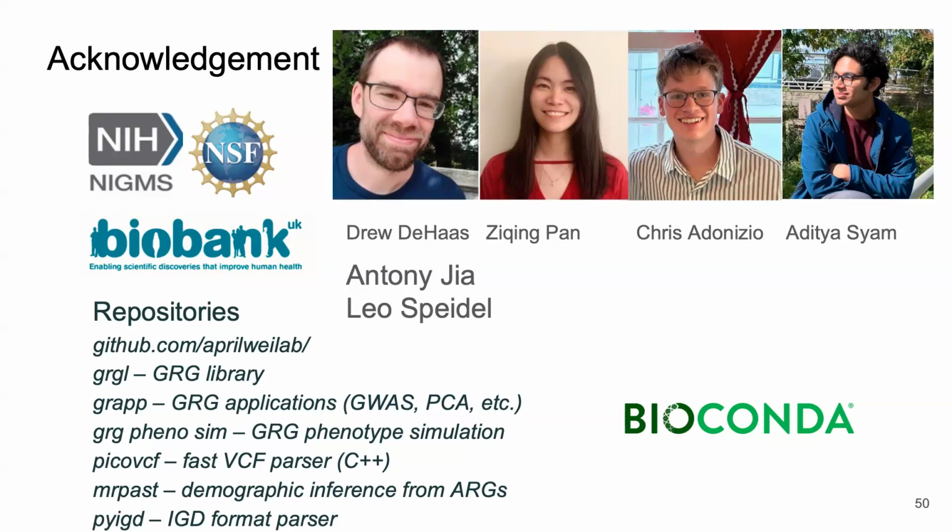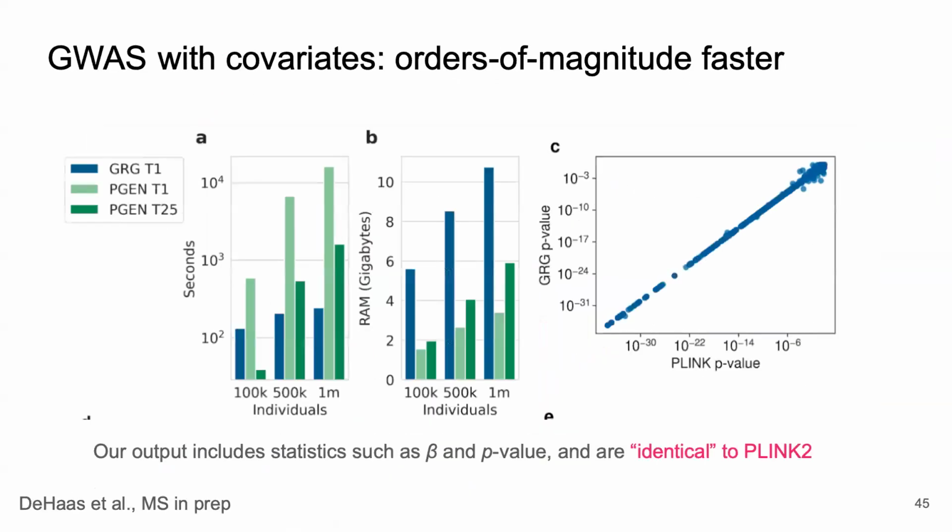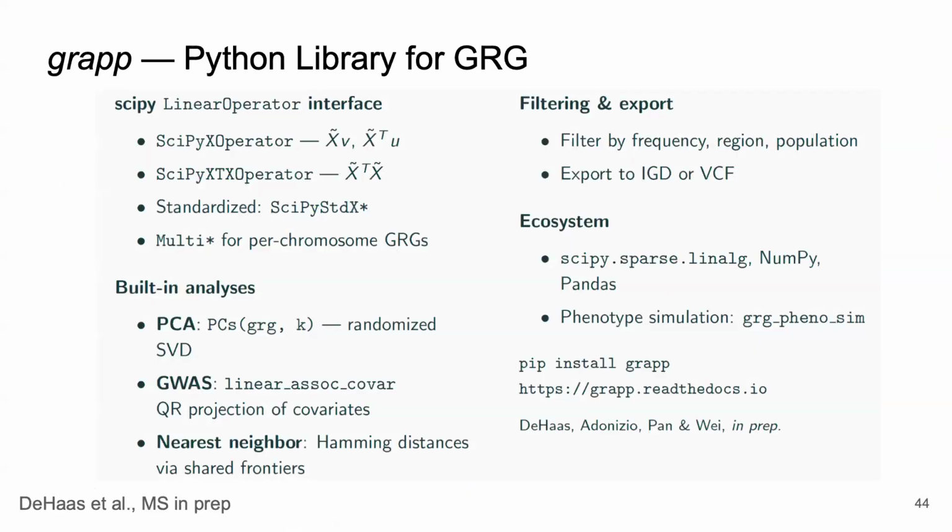One of the challenges of using linear mixed models is having to pass the GRM. So we think maybe the GRG should be similar to what's going on there. Yeah, exactly. So what we have are these